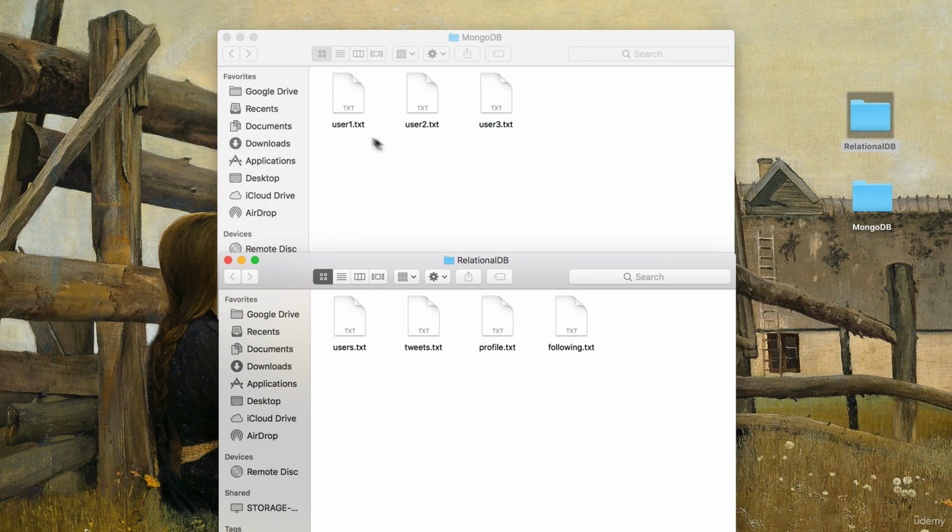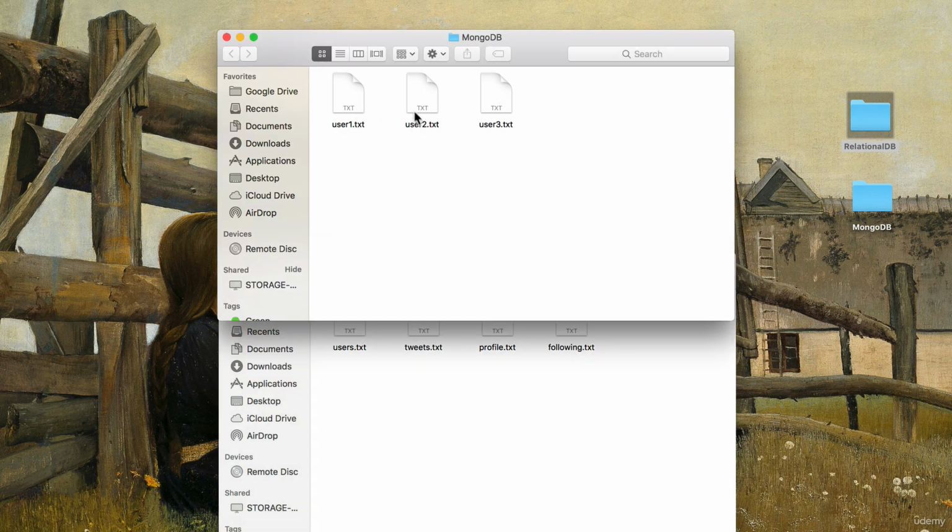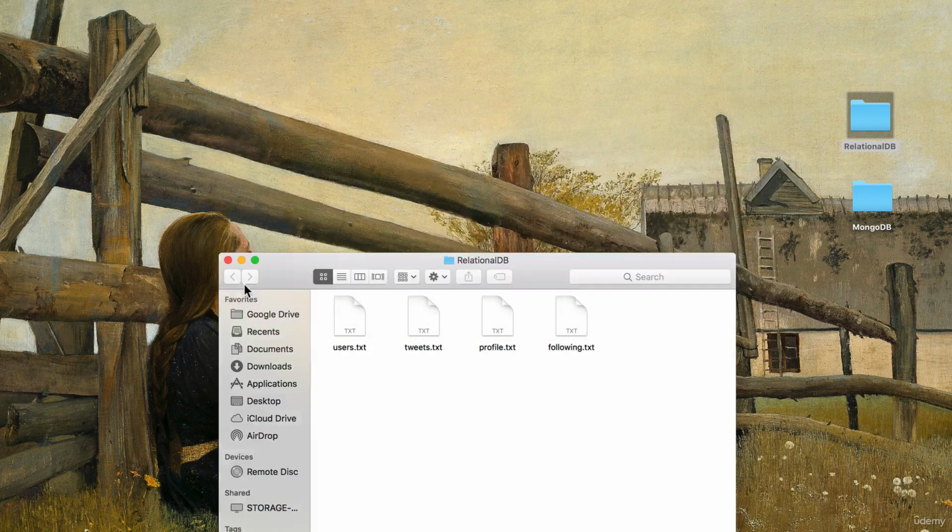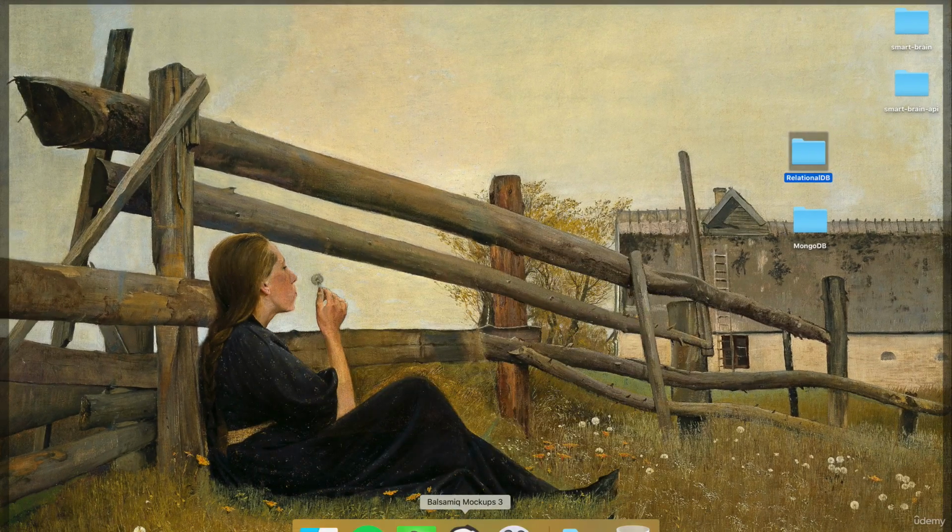You can see this MongoDB way being very useful if you had something like a profile, maybe a LinkedIn profile. But if you needed something where you're working with just following data or just tweets data, maybe with the tweets, you want to see what is the average tweet size, well, it's really easy to just grab this file and calculate that versus this way where you might have to extract it from each one of the users. So it really depends on your needs. Let me show you another diagram that might be